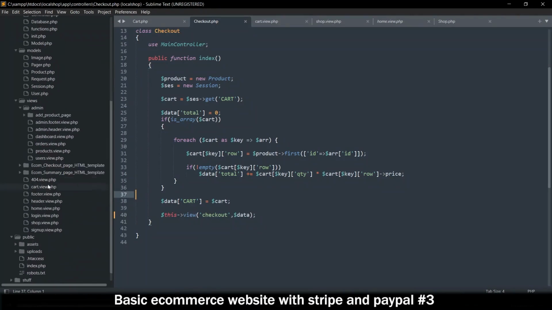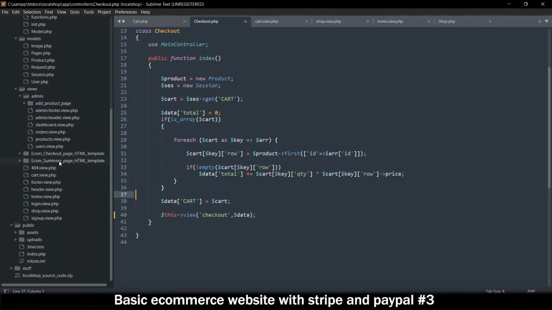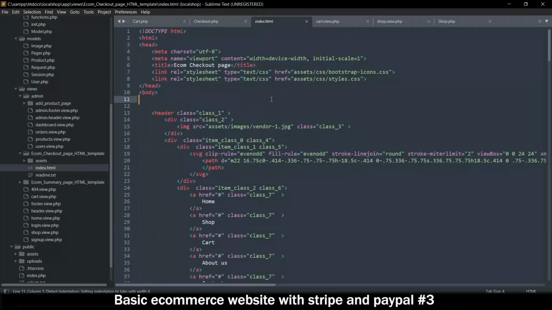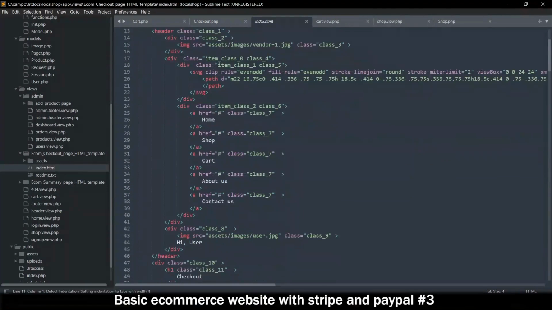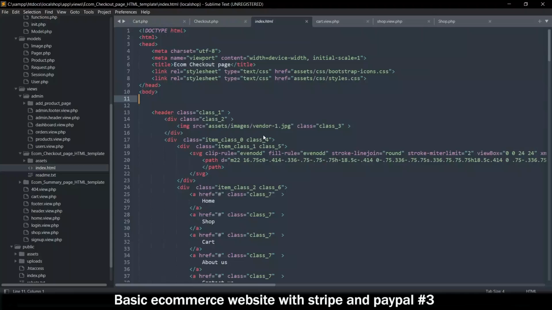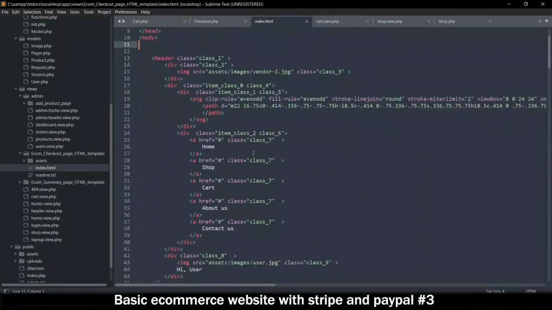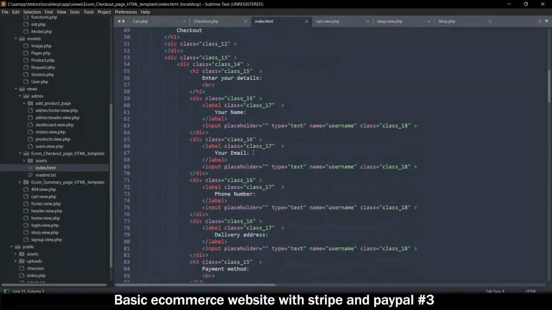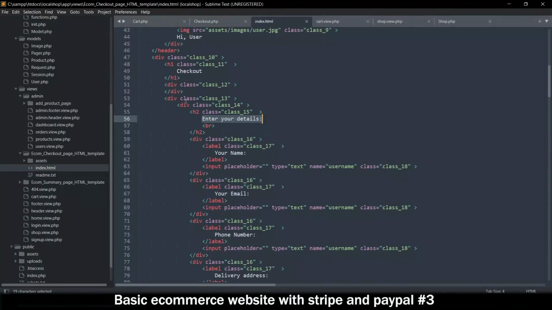Actually no, let me create a new checkout. We already have a checkout view here. So inside views, there's this checkout view here. So I'm just going to view, click on the index.html, because really what we want is, we do need the styles for this, no? Yes, we don't need all of this. Enter your details. We just need this just after the